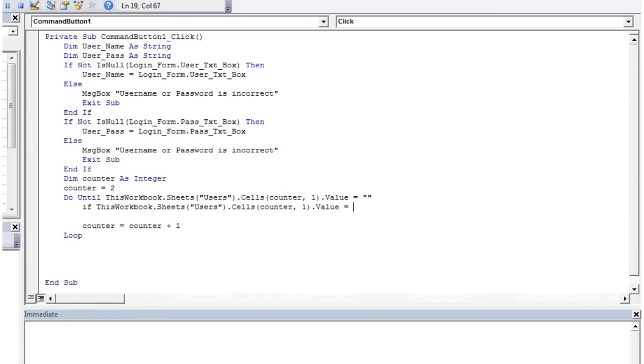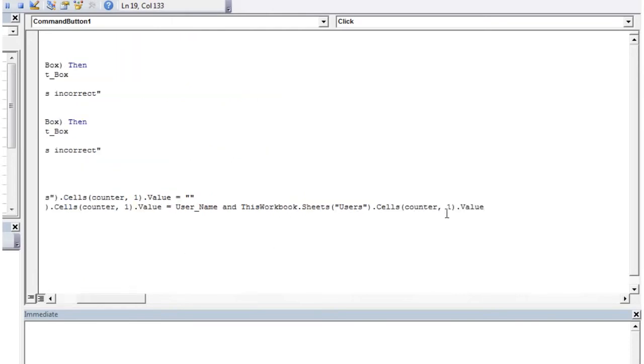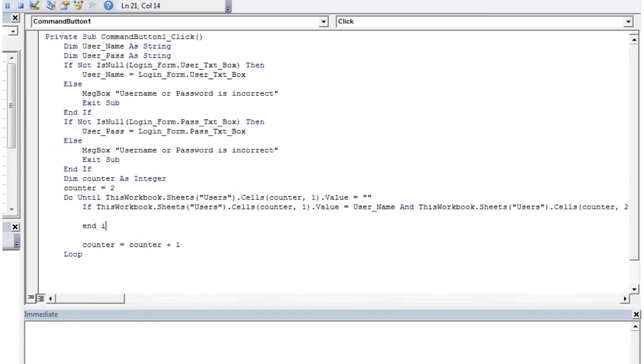So if that equals user underscore name, and the one in the second column equals user underscore pass, then